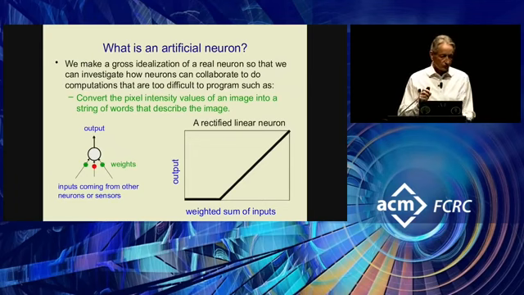But what I'm going to do now is explain very briefly how neural networks work. I know most of you will know this, but I just want to go over it just in case. So we make a gross idealization of a neuron, and the aim of this idealization is to get something that can learn so that we can study how you put all these things together to learn something complicated in big networks of these things. So it has some incoming weights that you can vary, or the learning algorithm will vary, and it gives an output that's just equal to its input, provided the input's over a certain amount. So that's a rectified linear neuron, which we actually didn't start using till later, but these are the kinds of neurons that work very well.